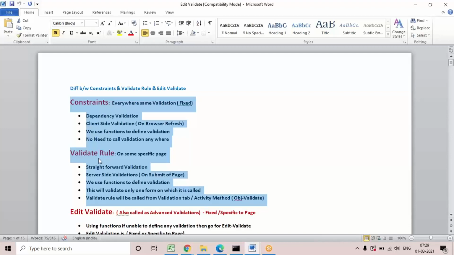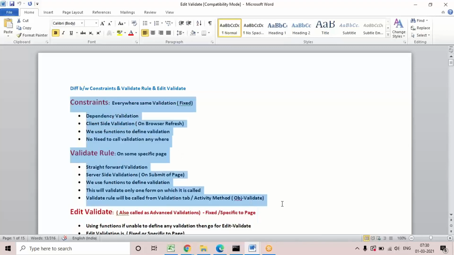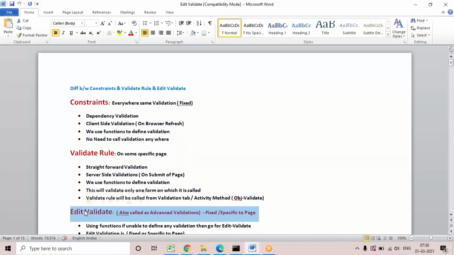Okay. And apart from that, there is another type, edit validate, that we are going to discuss now. See, the purpose of edit validate is if you want to define a condition without a function. In the first two types we have and use functions, but if you get a requirement to define a validation without functions, then we need to go for edit validate rules, and these are also called advanced validations. In these advanced validations, Pega contains some predefined types. You can also add some user defined validation, but internally we are going to define some script code, JavaScript code.